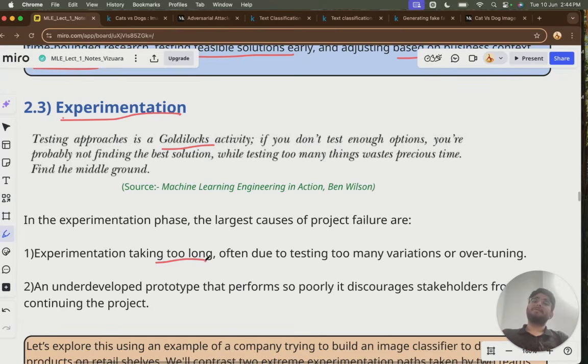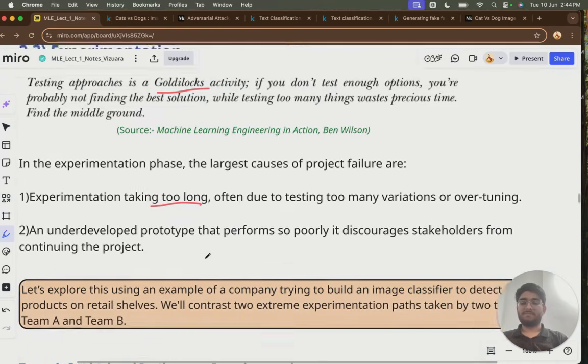But at the same time, if you don't cover all test cases, then your prototype will be underdeveloped. And if it's underdeveloped, in a real life scenario it won't work. So again, you'll have to find a middle ground. Let's explore how we can reach that middle ground. Let's see the case of two teams given a classification task, and how both teams take different approaches and reach a conclusion.